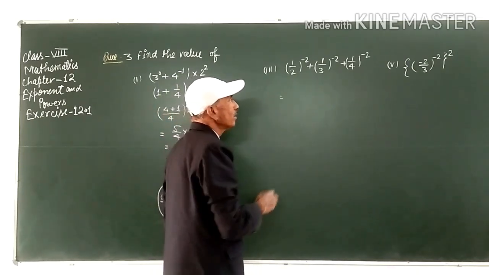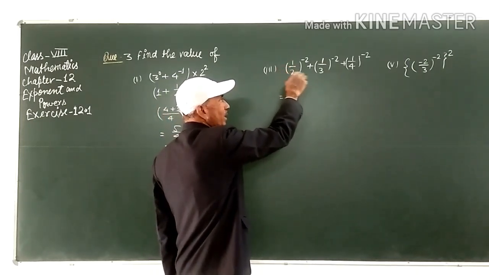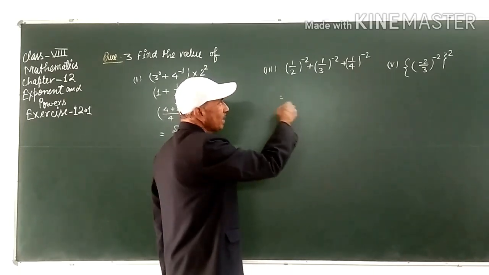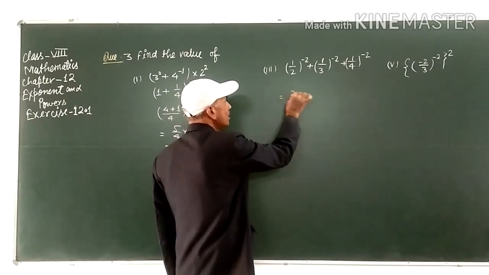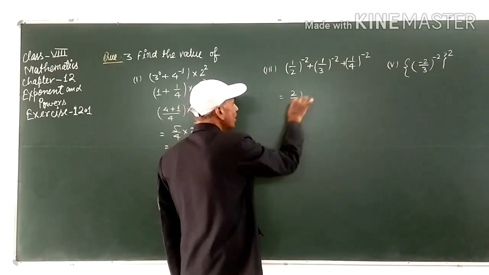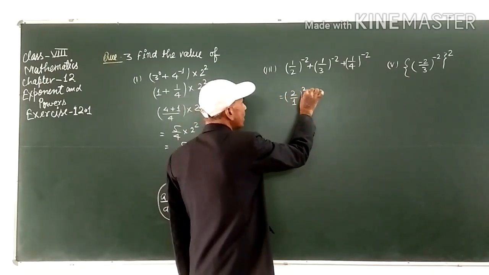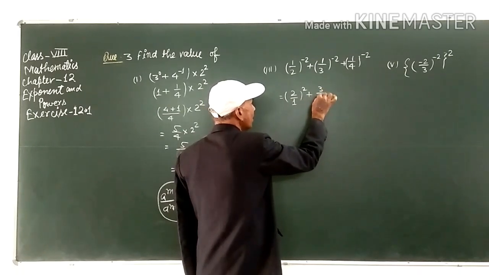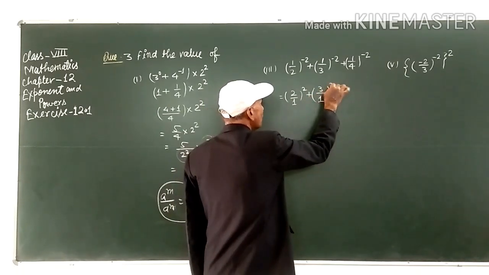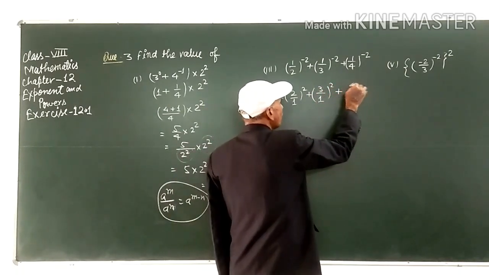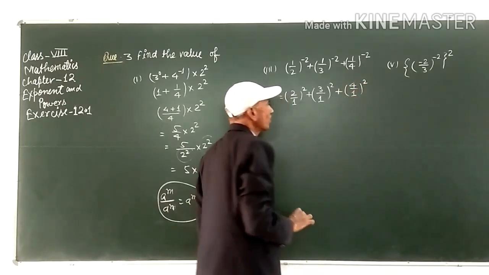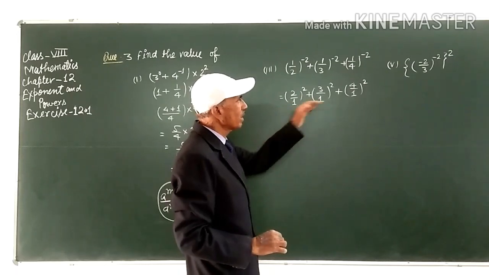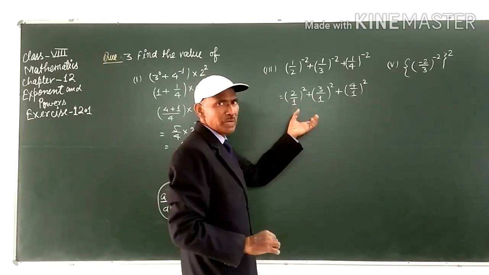Then we have to write the multiplicative inverse of the numbers in the bracket. जो ब्रैकेट में नंबर है इसका मल्टीप्लिकेटिव इनवर्स हम लिख देंगे। This one will be 2/1 to the power 2 plus 3/1 to the power 2 plus 4/1 to the power 2। स्टूडेंट्स यहाँ नीचे 1 है तो 1 को कितनी भी टाइम आप मल्टीप्लाई करेंगे तो